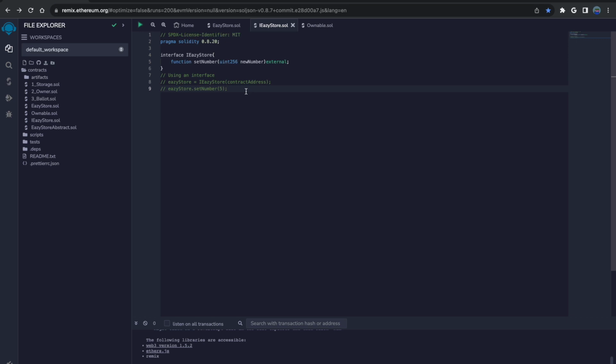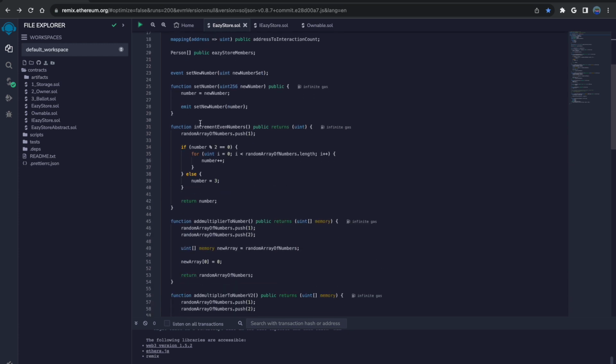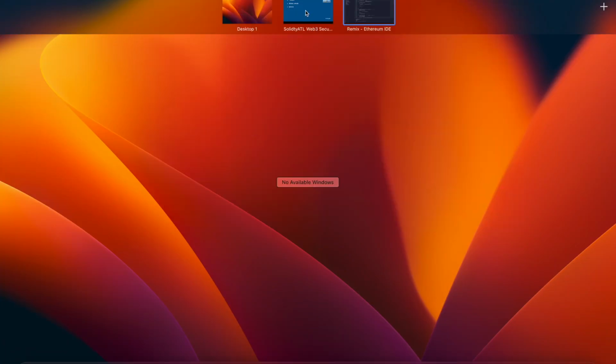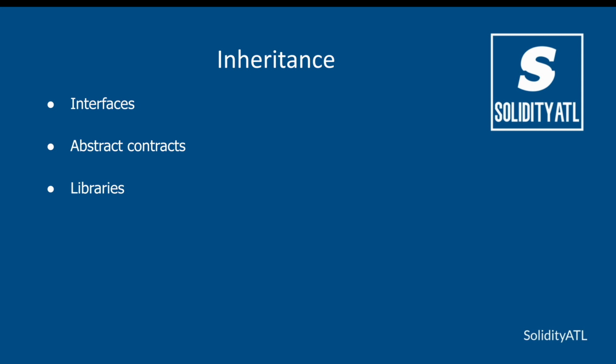So this is a great way to call other contracts if you don't want to necessarily understand all of the things that are in that function. As a developer, you may have a long and built out function, and you may expose just an interface to the community, to the public, so that way they can easily integrate within your dApp. And that's everything about inheritance.